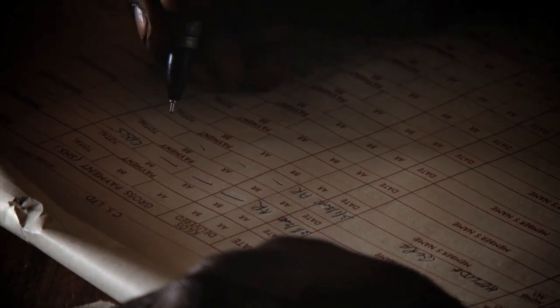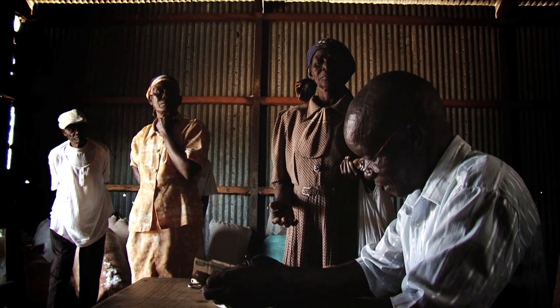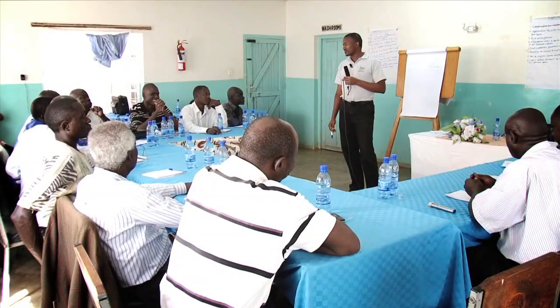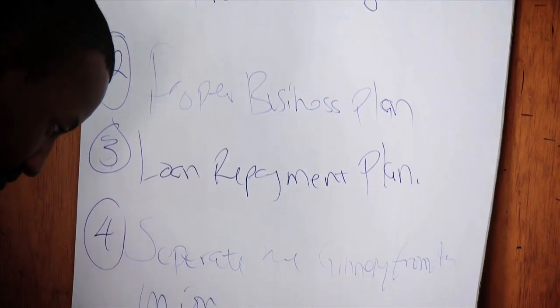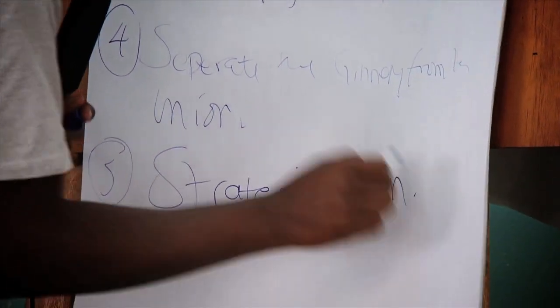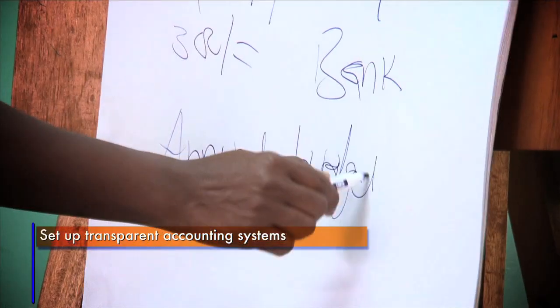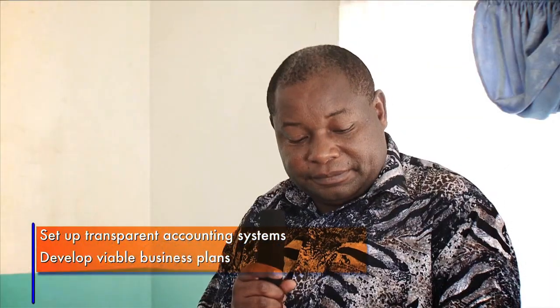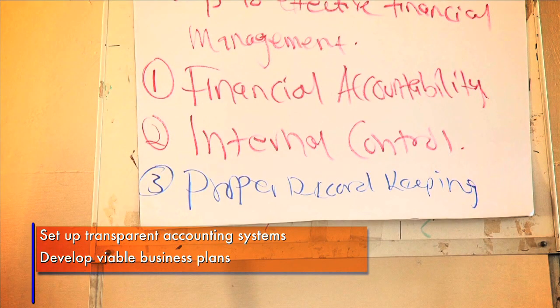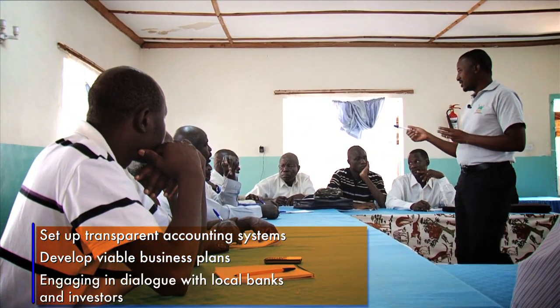Access to financial services is a major challenge for small and medium cotton businesses in Kenya, mainly owing to high interest rates, risk-averse banks, and a history of bad debts. Financial service appraisals were carried out to develop strategies to improve access to public and private funding for both cooperatives and GINAs. The appraisals came up with recommendations, including the need to set up transparent accounting systems to instill confidence in investors, develop viable business plans and budgets when requesting loans or meeting with investors, engaging in dialogue with local